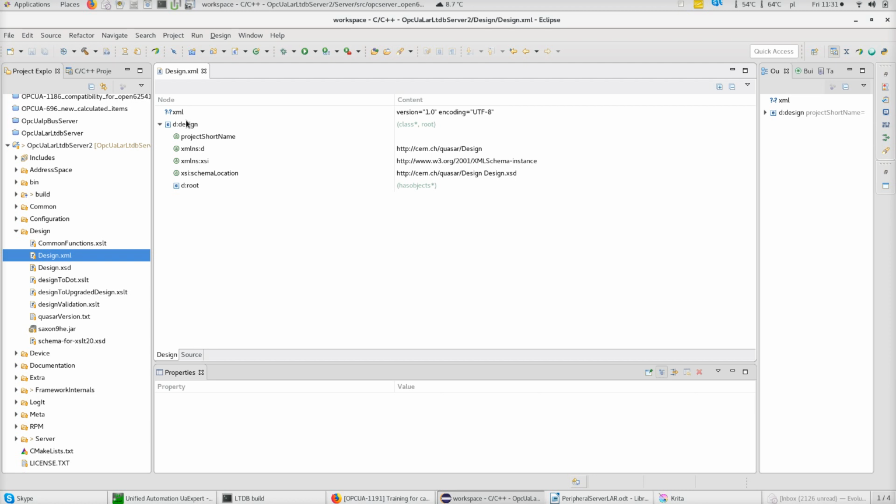So in Quasar we have classes. The classes can have variables, methods, they are interconnected, they kind of map to configuration files. There's a lot of interesting things going on here, and this information you put into design, right? And then when you make your structure for the server, then you ask Quasar to rebuild the server, and then it prepares places for you in the source code where you could put your custom code, right? So